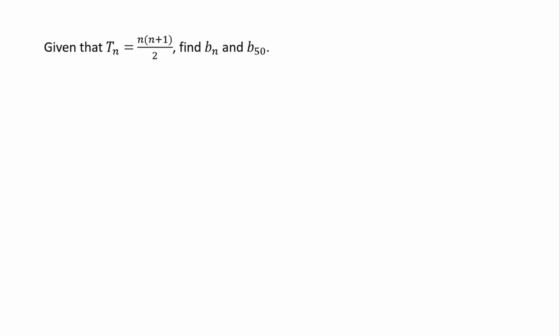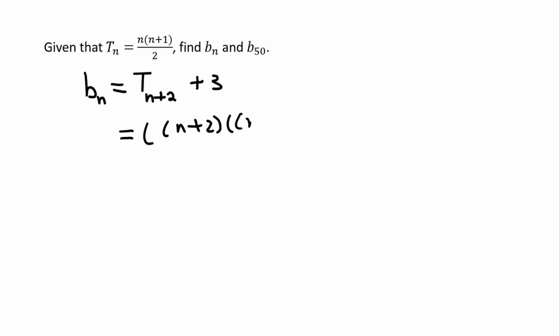Given that t sub n equals n times n plus 1 divided by 2, find b sub n and b sub 50. We computed b sub n earlier and found b sub n to be t subscript n plus 2 plus 3. So now let's replace. Where the n was, we'll begin with n plus 2. And again, where we had n plus 1, we'll have n plus 2 plus 1. And that will all be divided by 2